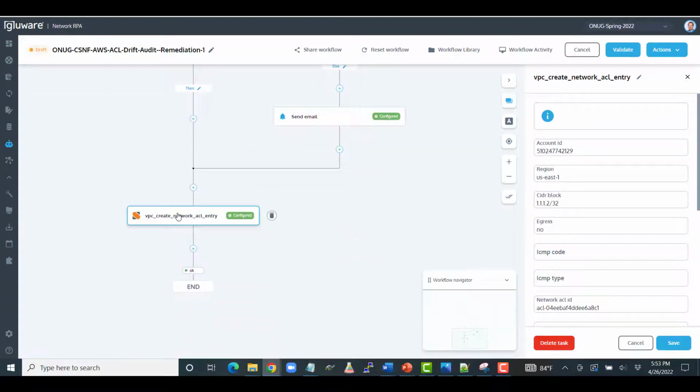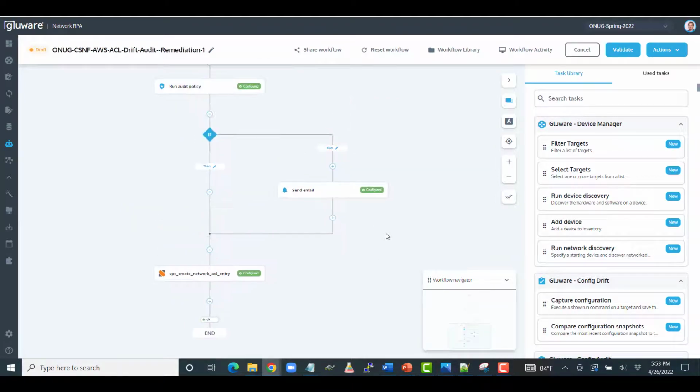So then the final act, and maybe one of the most interesting for this demo, is that we have a task here to create a network ACL entry. In this case, we're hard coding the address to block on an inbound filter. However, in a subsequent demo, we'll be passing in a variable and dynamically assigning it. But for now, in the state we're in with this particular demo, we're going to predetermine the so-called security action, augmenting the ACL, or kind of network lockdown or segmentation. You could do numerous things here, but in this case, in a straightforward demo, we're just adding to